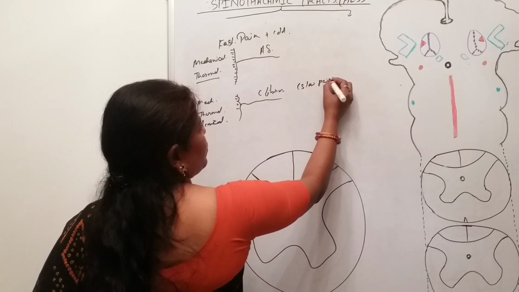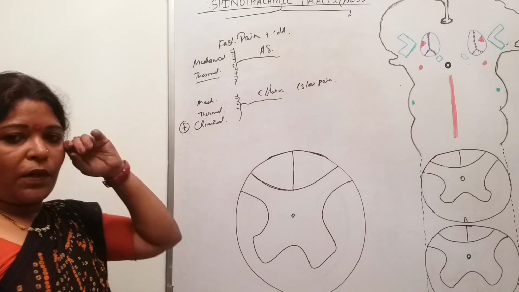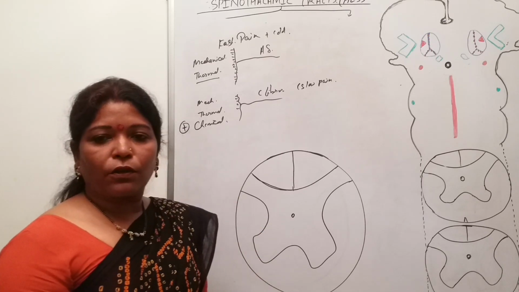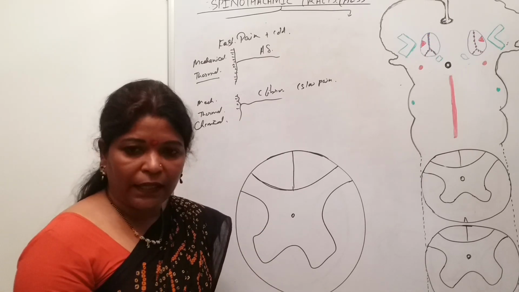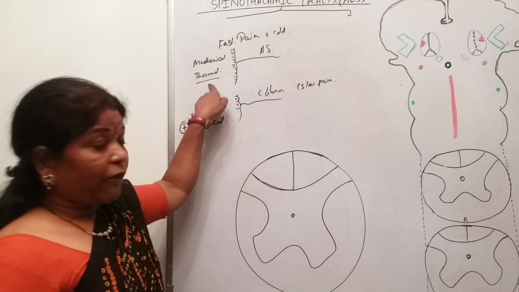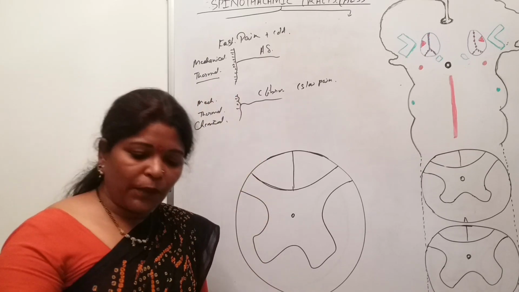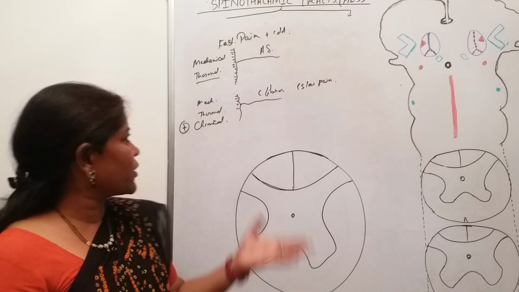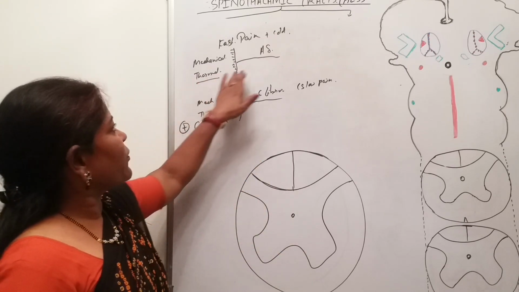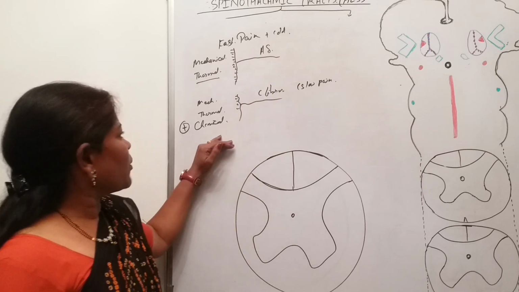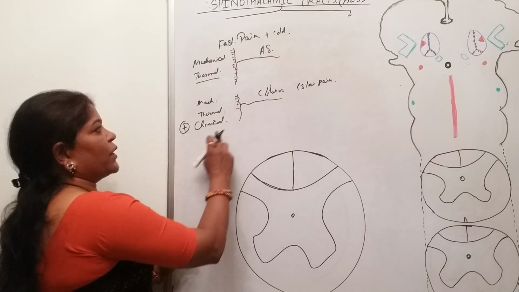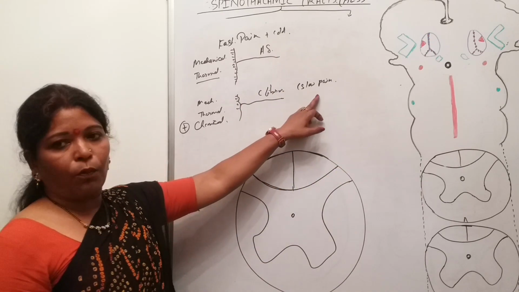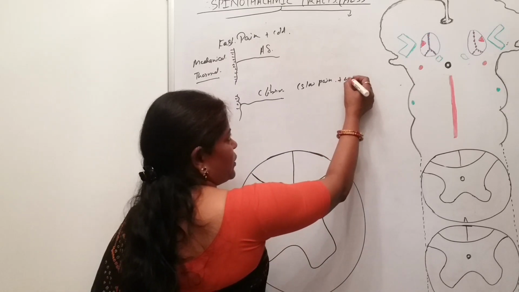Okay. So, mechanical stimulus means any stimulus from an external source. Suppose my finger is injured with a hammer and I am feeling pain. That means a mechanical stimulus is elicited here. The thermal stimulus: if I dip my finger into cold water or hot water, I get the sensation of hot and cold. That is the thermal stimulus. So this type will elicit the A delta fibers. What about the chemical? The chemical is mainly important for the activation of the C fibers, which conduct the slow pain along with warm temperature.